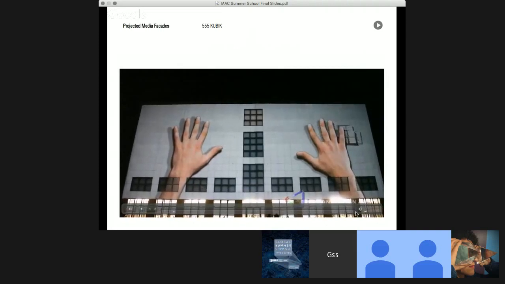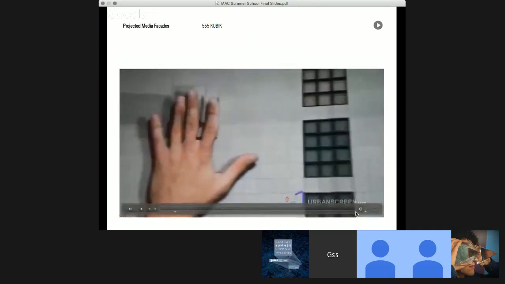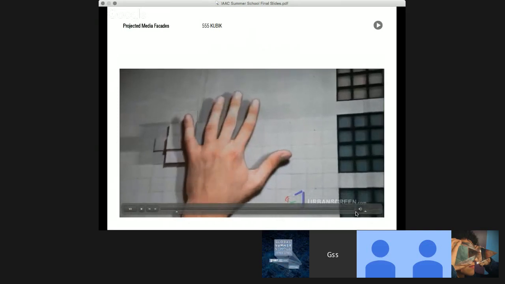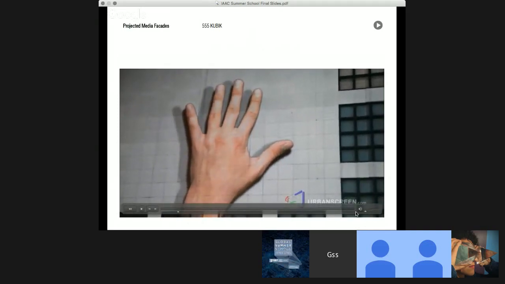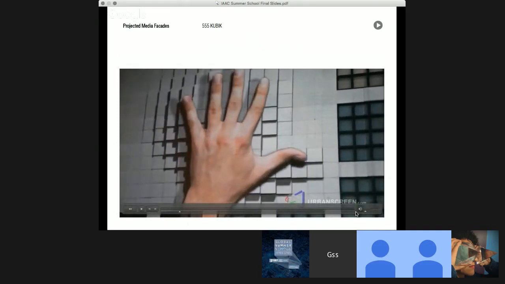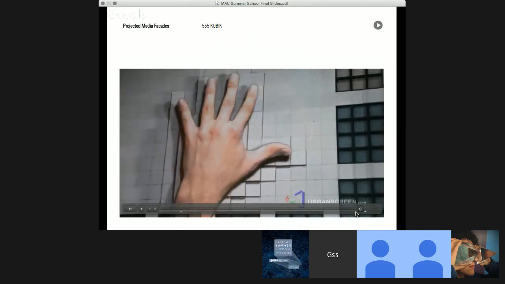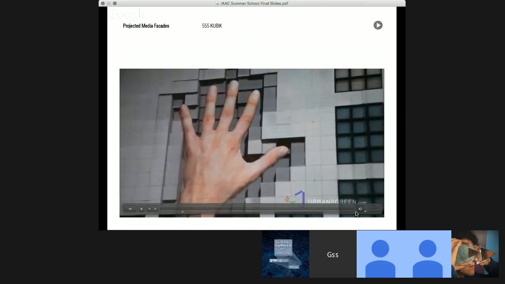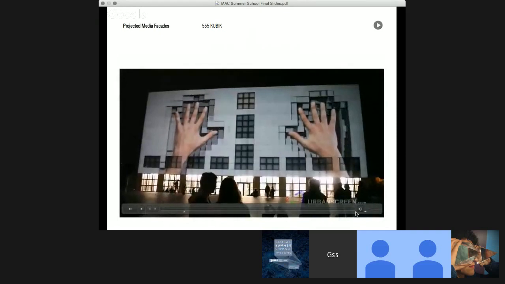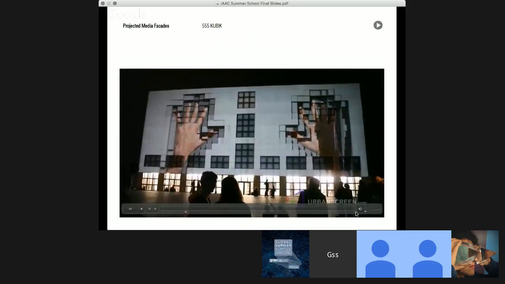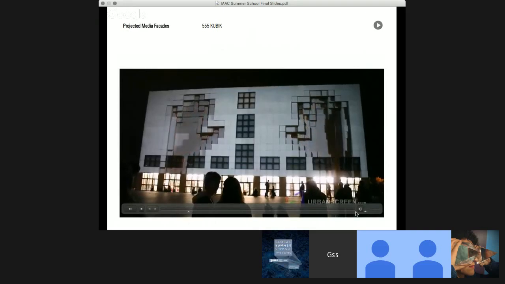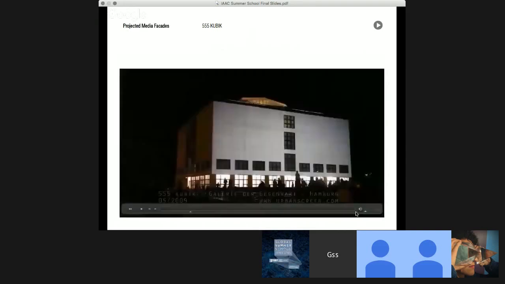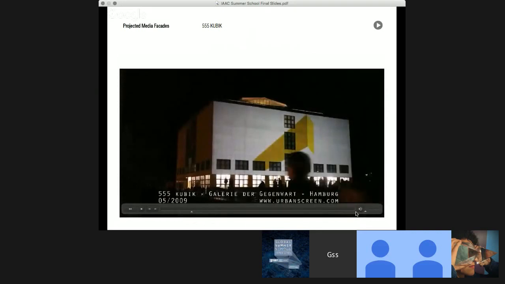To this list, I would like to also add some more techniques. Projection is another one to consider. The conception of a projected media facade project consistently derives from its underlying architecture. In the context of the 555 KUBIK, that would be the theoretical conception and visual pattern of the strict architecture of O.M. Ungers' Galerie der Gegenwart. The building is in Hamburg.